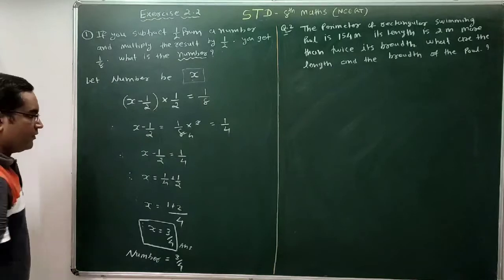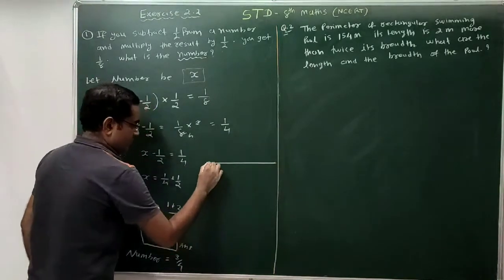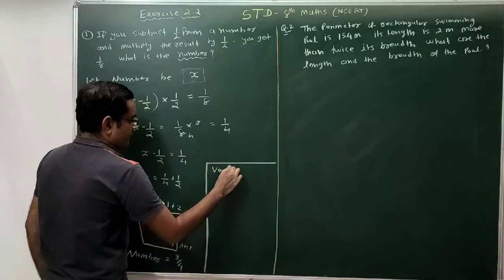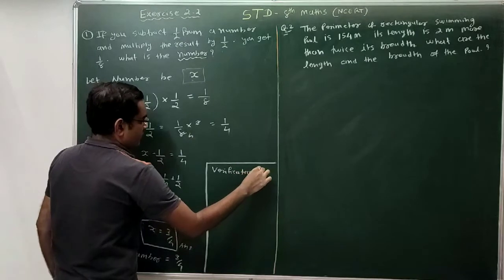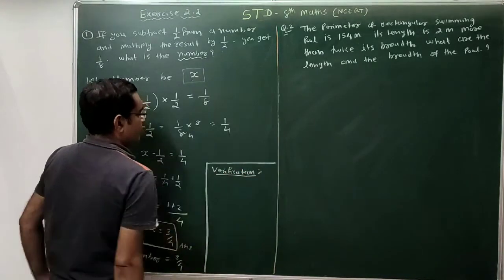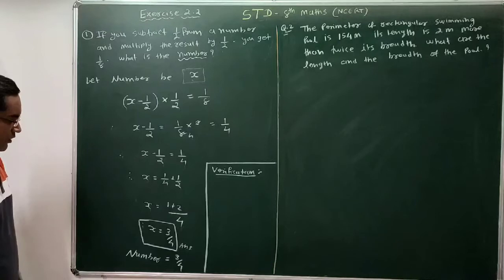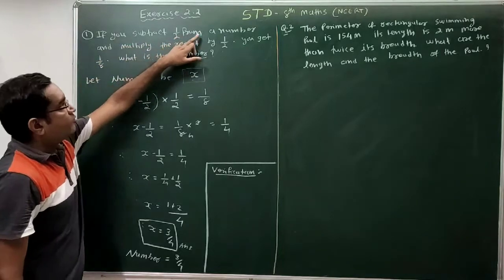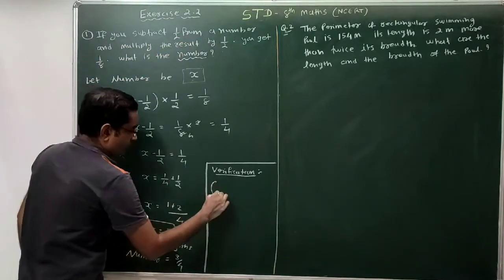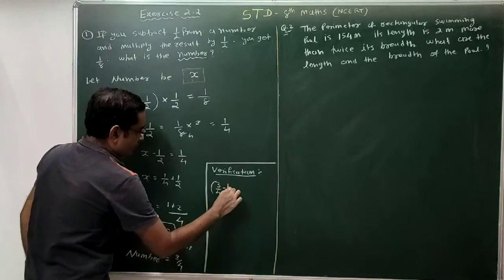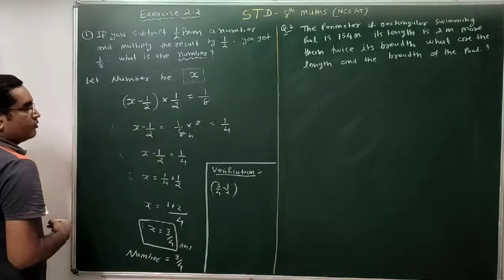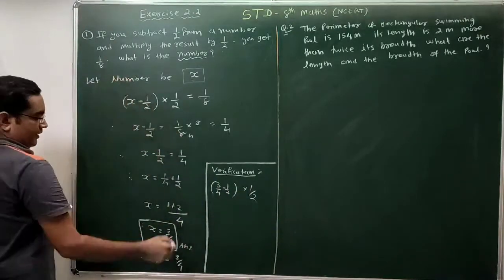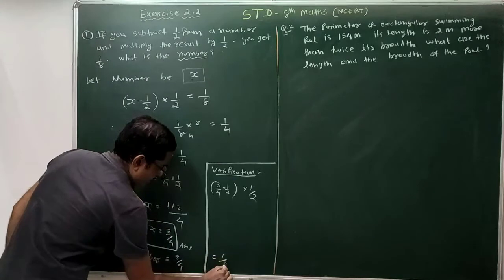Done. You can also do verification to check your answer. This is not part of the answer, but आपको verify करना है. एग्जाम में वेरिफिकेशन कर देना है, तो आपको पता चले कि आपका आंसर राइट है कि रॉन्ग है. So here we got the answer 3 by 4. So again read the question. If you subtract 1 by 2 from the number 3 by 4, and multiply the result with 1 by 2, you will get 1 by 8. So the answer must be 1 by 8.